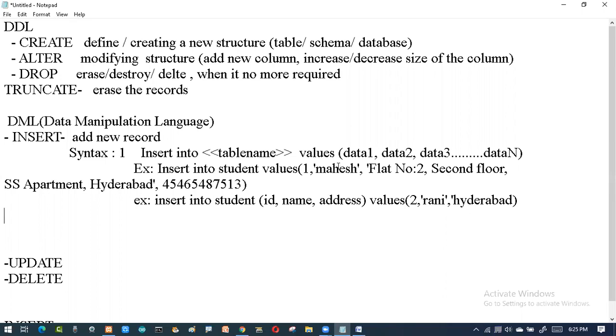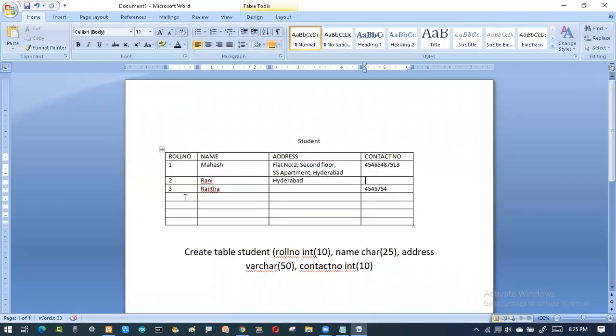Now what about the other person? The other person's criteria is changing. She's saying that I don't have an address. I have a contact number. See, this I can omit, but here I am not omitting. Name and roll number are compulsory. If you want to take that admission, you have to give your name. I cannot object that I don't have a name. Right now you're objecting that I don't have an address. Contact number is not compulsory.